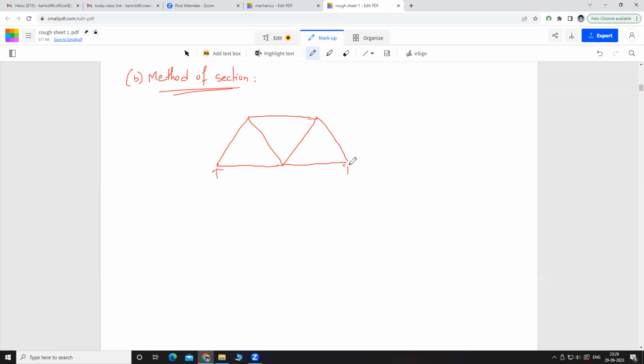At these 2 points, we have the reaction here 1 kilonewton, here 2, and here 3. And these two values actually we got as 2.75 and 3.25. As I have already told you, to find out the reactions, you need to use the equilibrium equation for the whole truss. Fine. Now, using method of section, we will find out what the forces in these members are